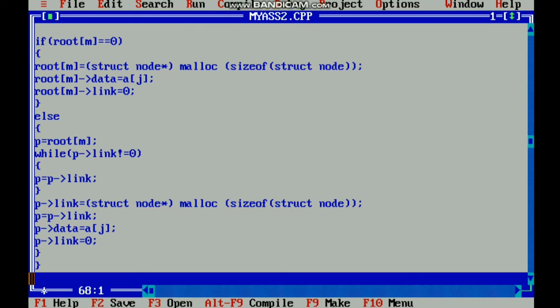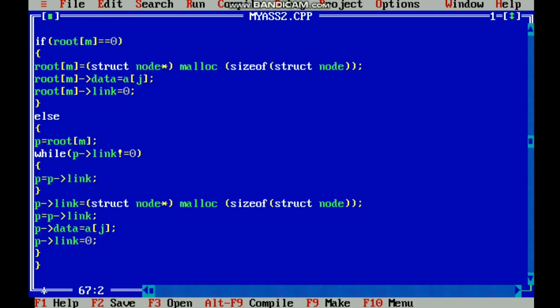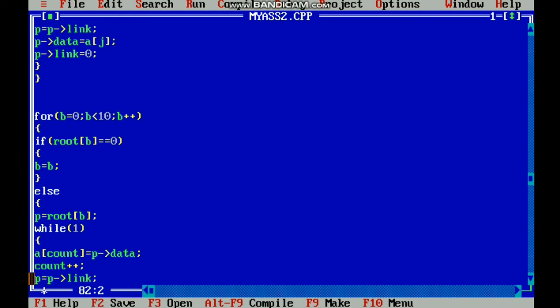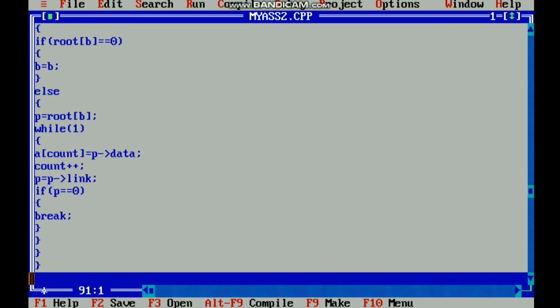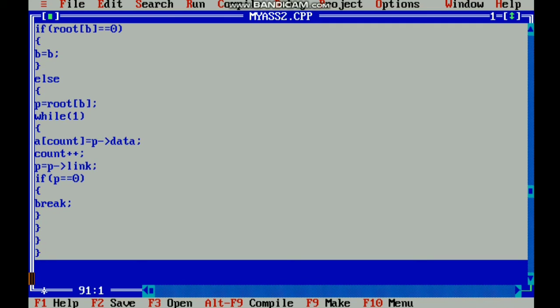Then this piece of code is used to rewrite the array A, considering in order the elements, I mean the struct nodes, in the root array, which we discussed earlier.